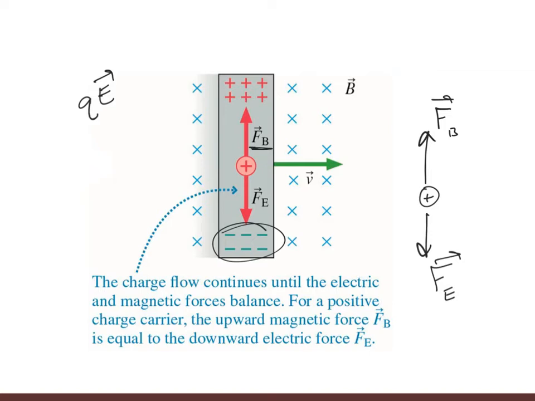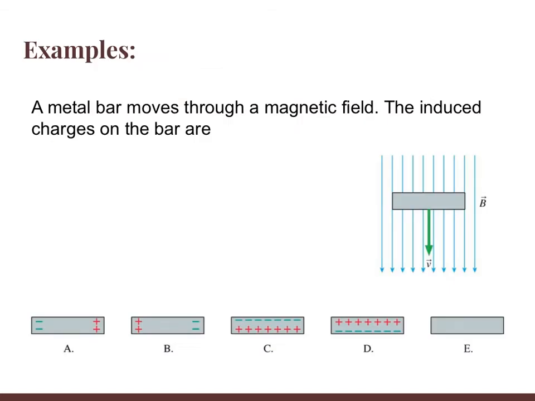So this equilibrium can only occur while this is moving. And the faster it's moving, the more EMF and the more charge separation there will be, because you have a larger magnetic force. Take a quick look at this question. It says a metal bar is moving through a magnetic field, and we're going to try to figure out what the induced charges on the bar are. So pause the video here, try to think it through using the right hand rule. I'm going to draw all of the charges on there and circle the correct answer, but pause it and